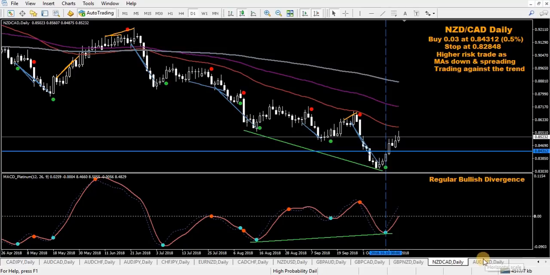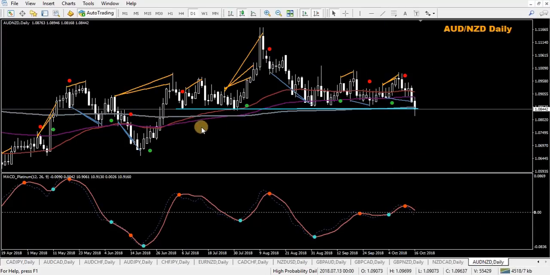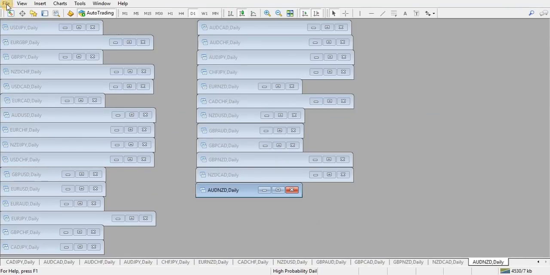See how we go. Aussie New Zealand, this thing's been going sideways for a while. I'm starting to dislike this pair, and I used to like it, but it's going sideways at the moment. No clear signals, so I'm just not going to risk anything at the moment, just staying out. So I'll just switch over to the